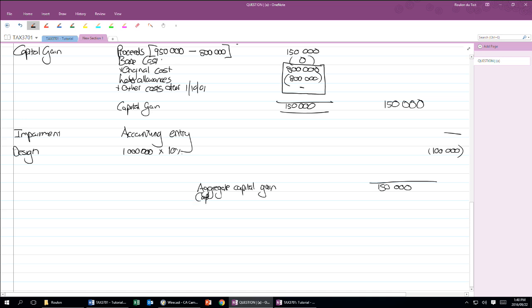Then we have any capital losses, which has been brought forward, and they told us that's the amount we just looked at in the question, 50,000. That gives us a net capital gain of 100,000 rands. Our inclusion rate for companies